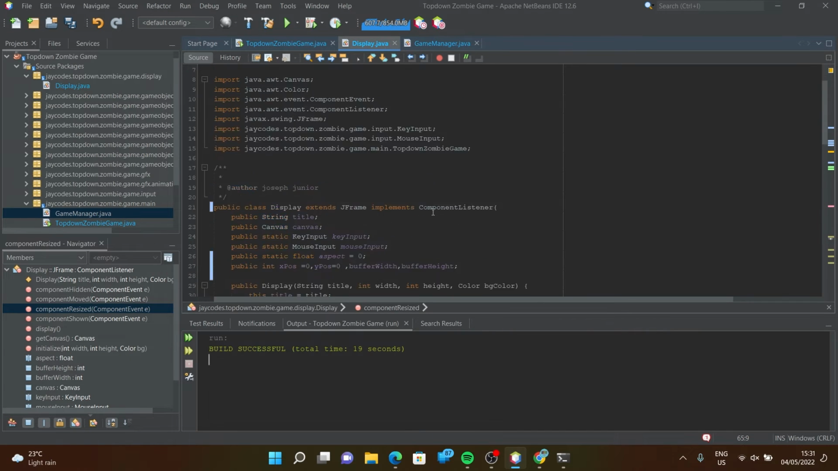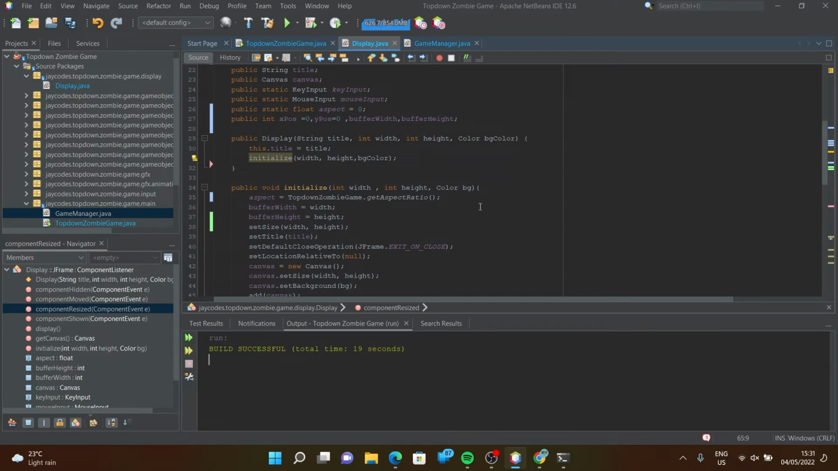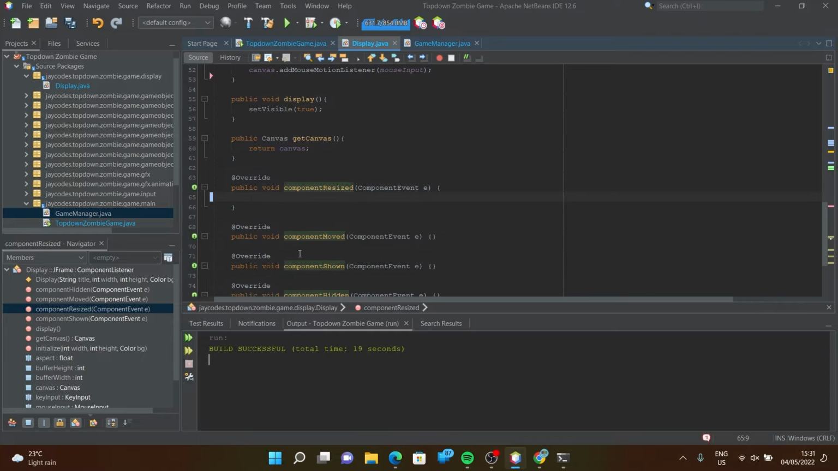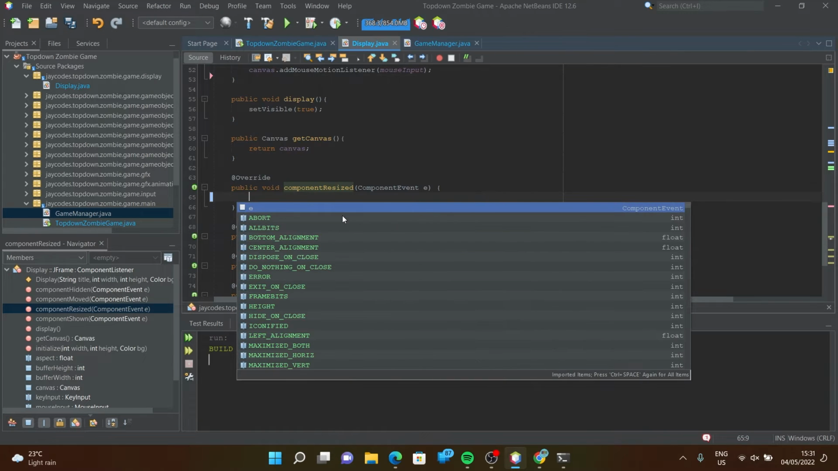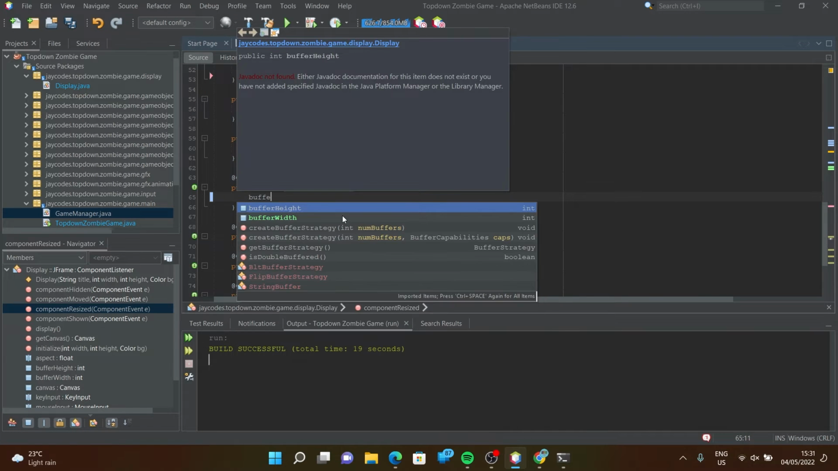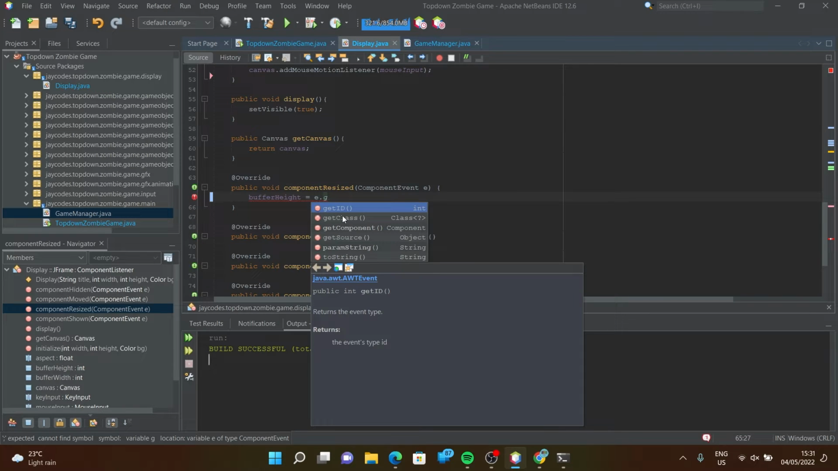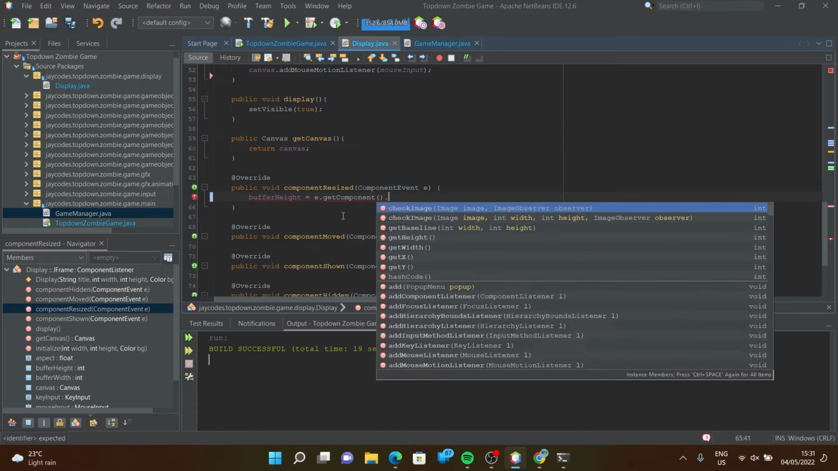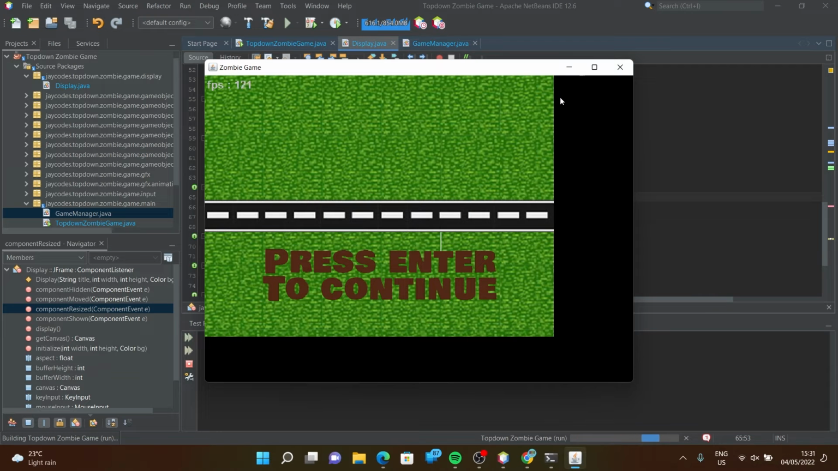So first off, since I'll be maintaining the height of the game and I'll just be changing the width, what I can simply do here for starters is say, instead of y pause, what am I saying? Buffer height is equals to e get component dot get height. And when we look at this and run this,